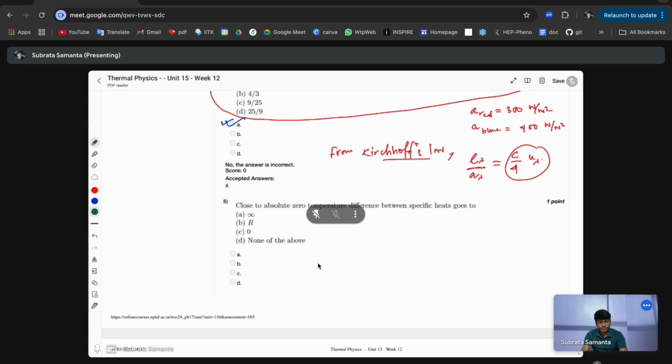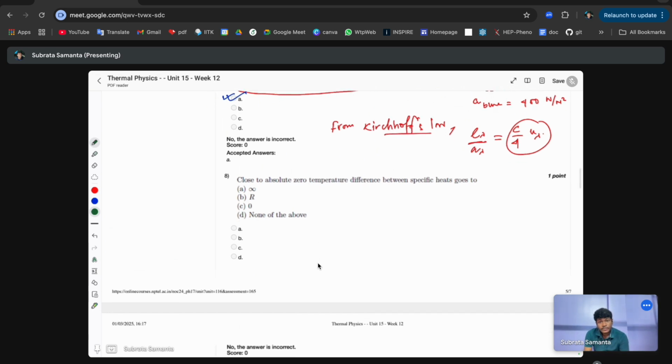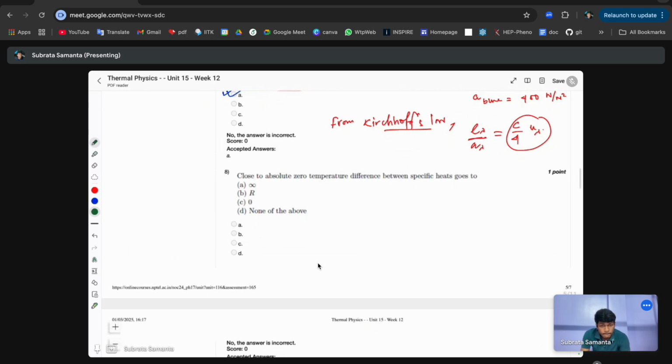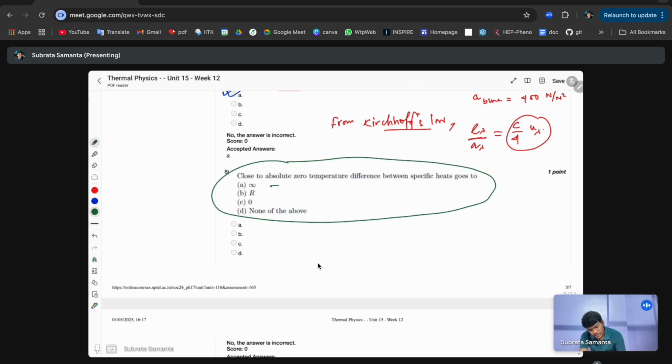Okay, so then I'll move to the next one. So problem number 8. So close to absolute zero temperature, the difference between specific heats goes to,